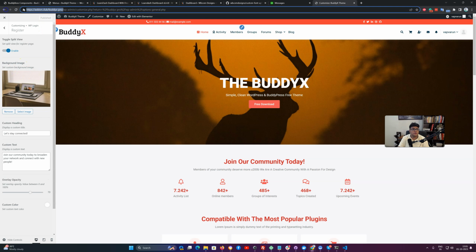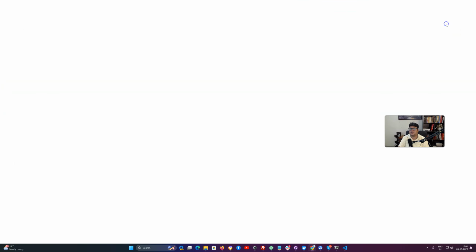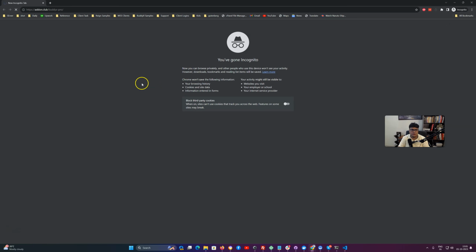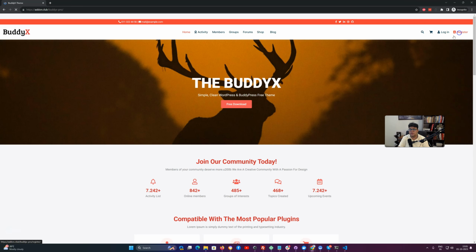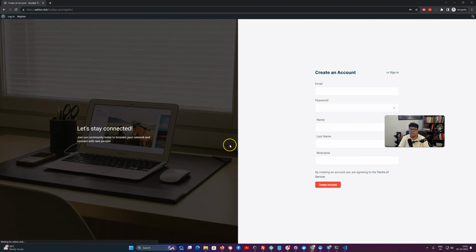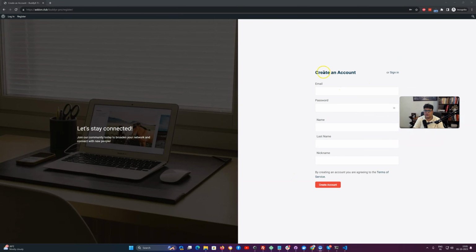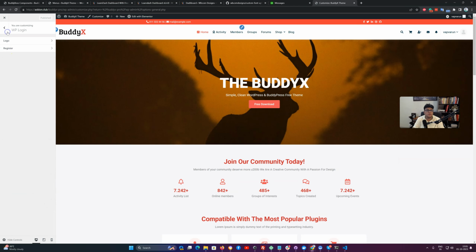And if we are going to check the register page now, register. Okay, so now you have a split view for the registration page with the sign in option and create account. So that looks much better than the default one. And in the same pattern, we can also apply a similar design with the